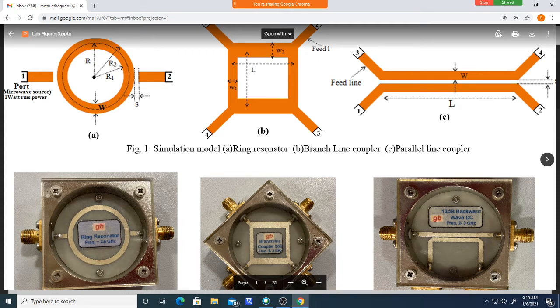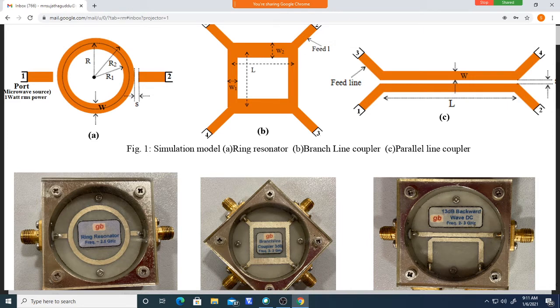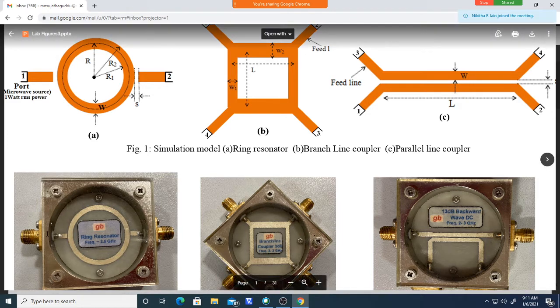I will show you this one. Inside this there is an inner conductor. That inner conductor is connected to the feed line. You see here, this is a feed line. The inner connector is connected to the feed line like this. So here also this is connected to a feed line. Wherever we want to connect the signal, the signal source must be connected to it. A port is a source. Here in the hardware, you should connect the source to the structure, to the feed line. How do we connect? Using this connector, called an SMA connector.